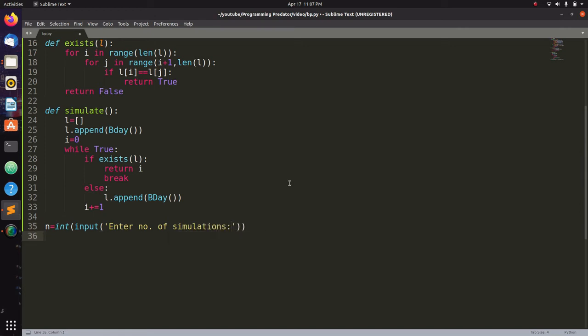And then just s equals 0, to see how many people it took, and then a for loop and just add it, and then finally we just print it out.